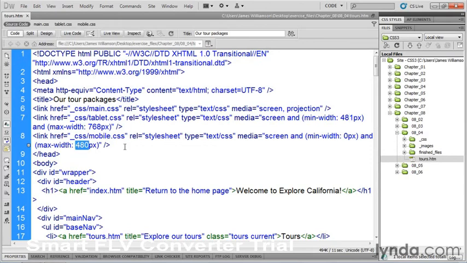Now I want to have a discussion here about minimum width for just a moment. Minimum width is more reliable than device width. I know I've read articles where people are using device width to target mobile devices and tablets and things like that. Now the device itself may have a specific screen size, but here's the thing that you have to understand. Mobile displays are sometimes served at a very different resolution and screen size based on the manufacturer's idea of what an ideal viewing size is. So while